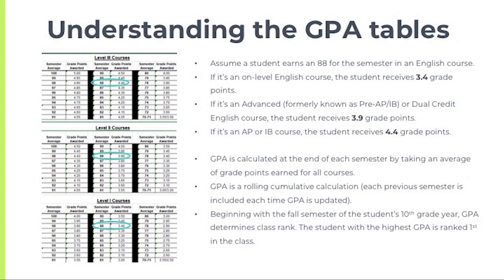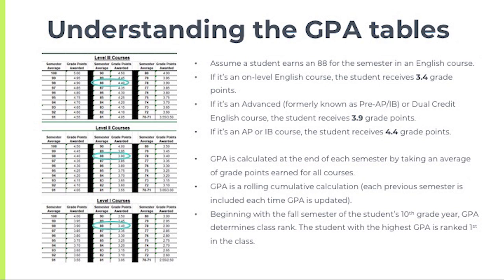So we do not rank 9th grade students. We start running class rank beginning with the fall semester of the student's 10th grade year. So that would include fall semester of 9th grade, spring semester of 9th grade, fall semester of 10th grade. And so in the spring of 10th grade, once fall GPA has been run and finalized, then we're able to